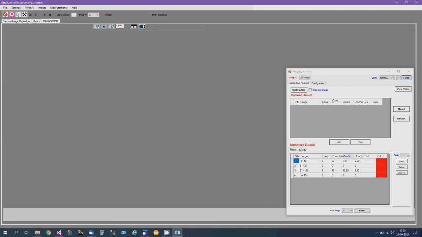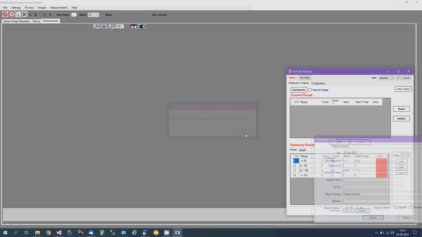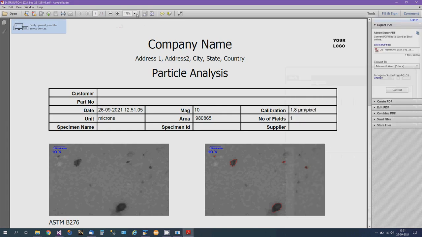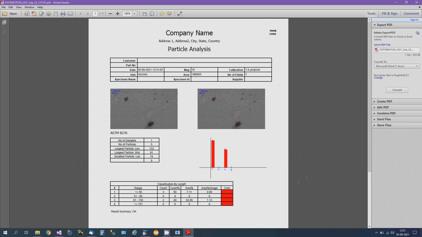Now if you select the PDF report format, if you click on the report, it will create the same report in PDF format. The format will be same, the size will be same, so you create the report in the PDF format. This is how you do the porosity analysis.